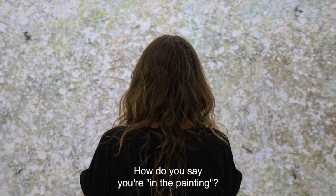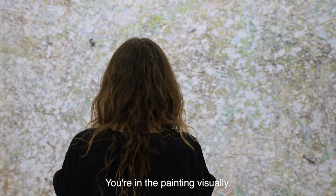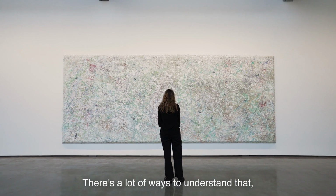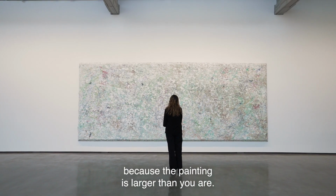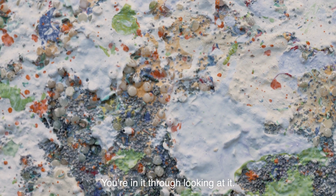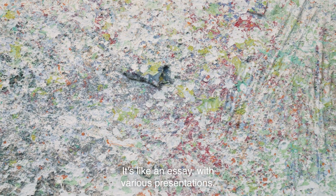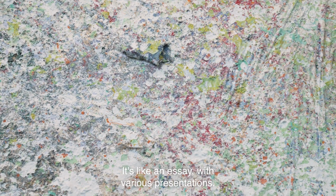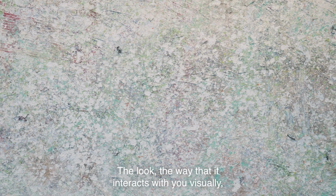How do you say you're in the painting? You're in the painting visually. There's a lot of ways to understand that because the painting is larger than you are. You're in it through looking at it. It's like an essay with various presentations, the look, the way that it interacts with you visually and your body